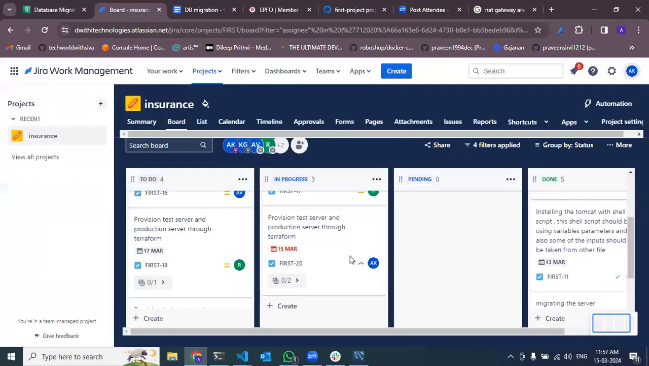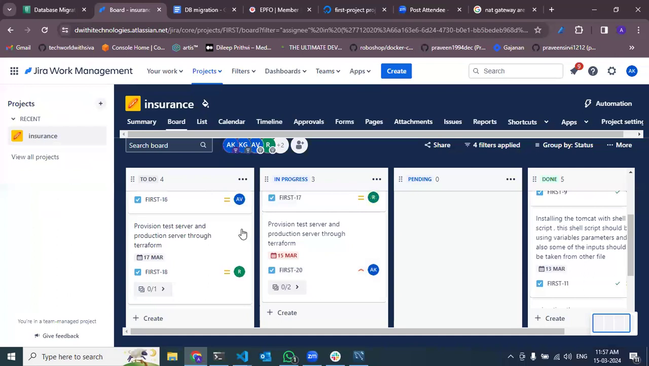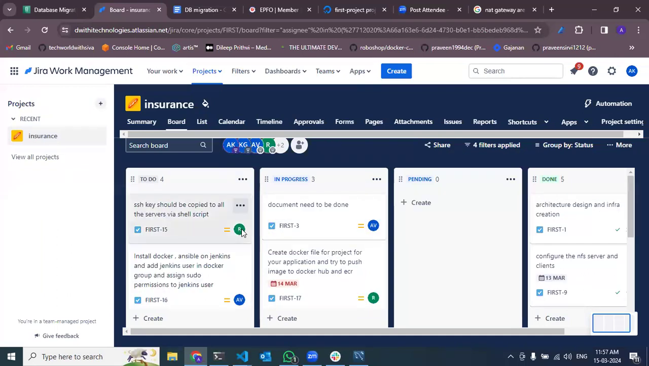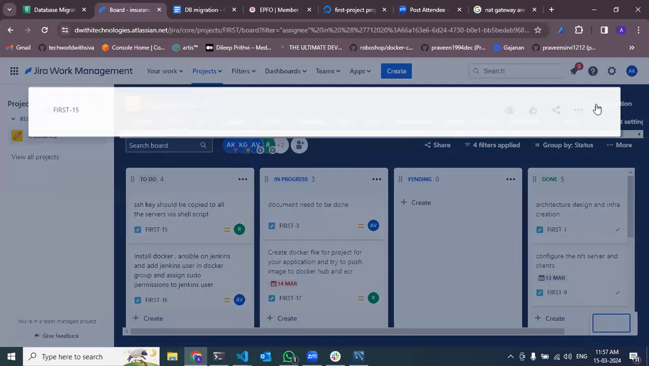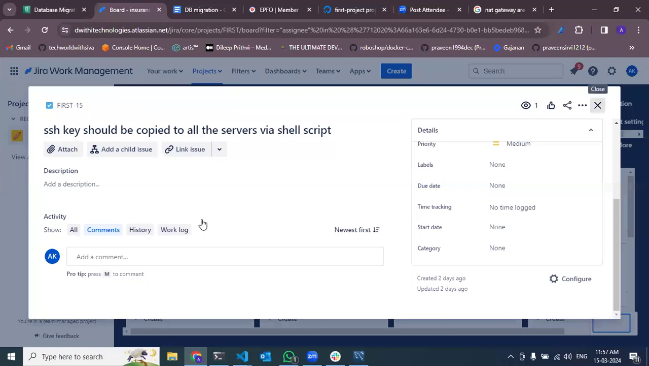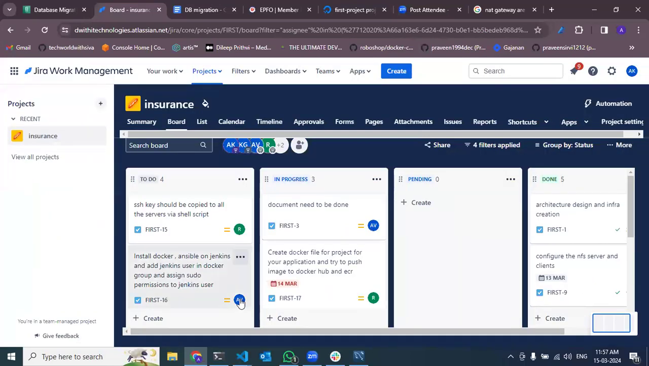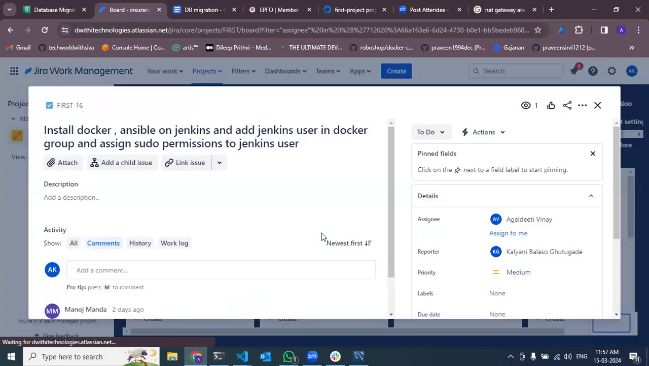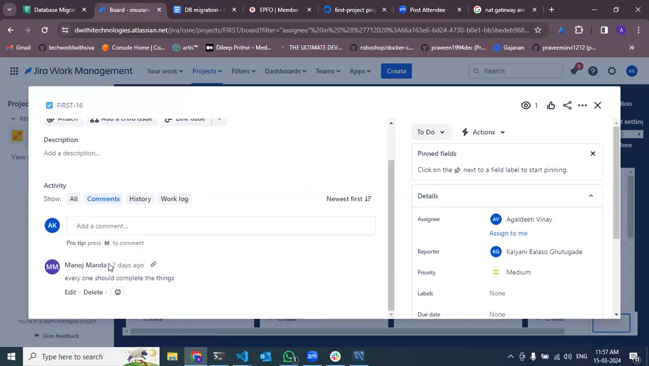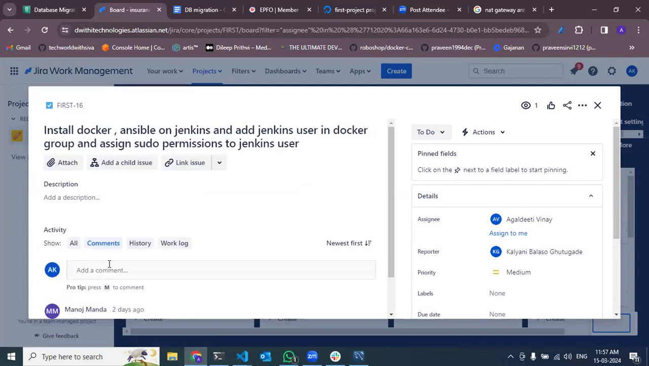So which are all still pending, all of this work? What is the status of this? Okay, so this was, I don't know. Actually, it is allotted to everyone. Yeah. So what is the status of this? Still a lot of